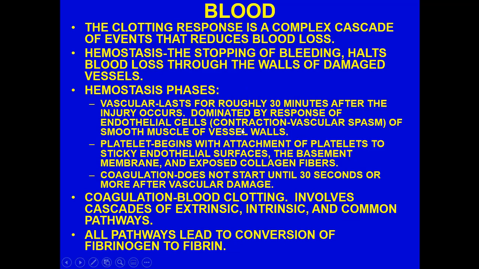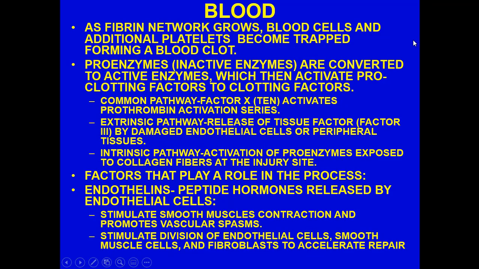All the pathways basically lead to conversion of fibrinogen to fibrin. As the fibrin network grows, the blood cells and additional platelets become trapped, forming the blood clot. The proenzymes, which are inactive enzymes, are converted to active enzymes. These are some of the enzymes that play a role in this cascade. They then activate pro-clotting factors to being fully